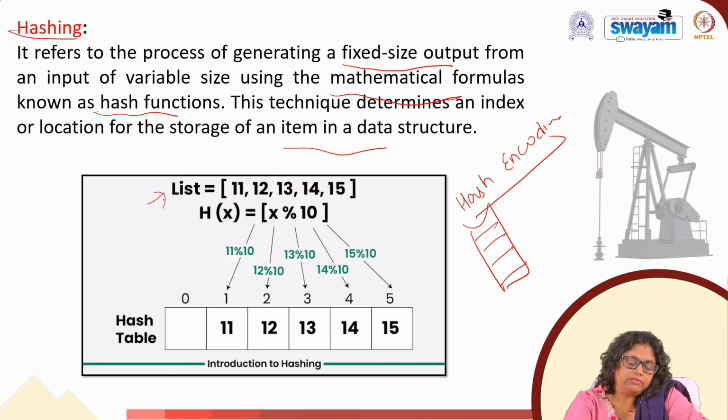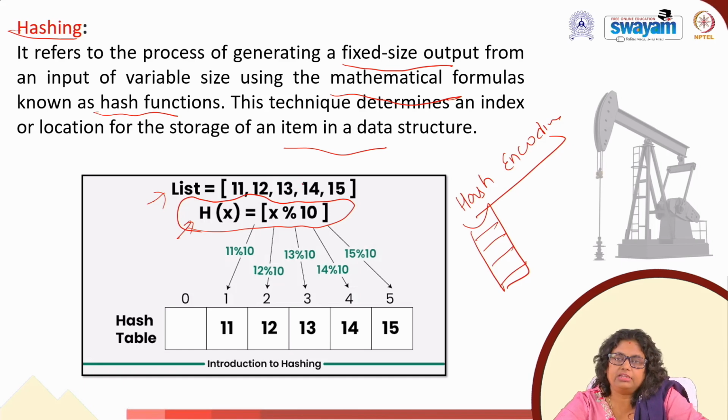See here we have a list. The list has the values 11, 12, 13, 14, 15. Now the hash of x is put in, and this is the mathematical formula we are talking about. This list has different elements, and they are int type. Each individual element I want to put in the hash table. In this hash column I have a total of 5, so 0 1 2 3 4 5, that means 6 places, where I want to keep these values.